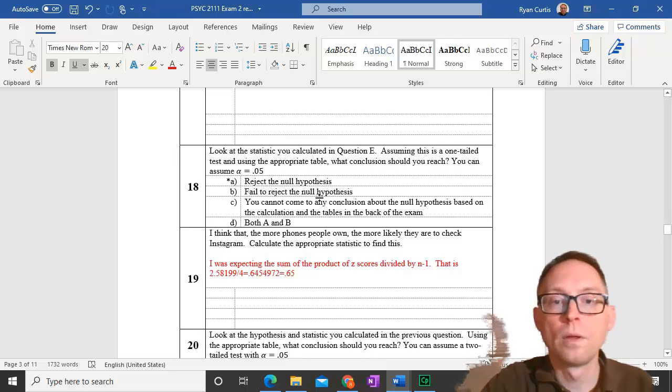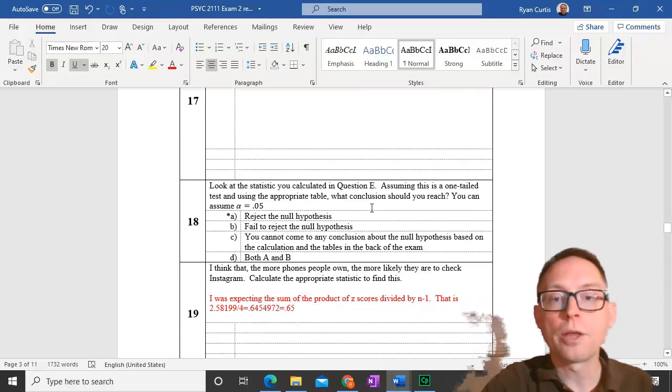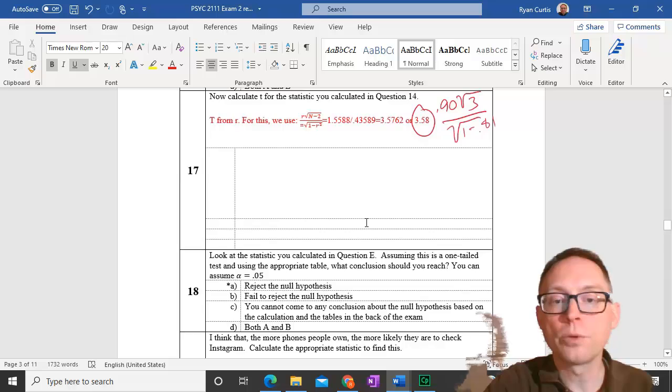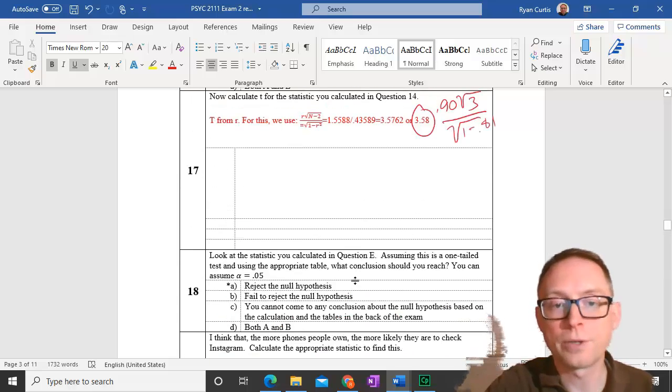Okay, question 18. That's exactly what we were just discussing. Looking at the statistic that you just barely did with t, assuming this is a one-tailed test and using the appropriate table, what would you conclude? Well, you would reject the null, right? If it's a two-tailed test, you reject the null. If it's a one-tailed test, you definitely reject the null. But in case you were trying to figure it out,